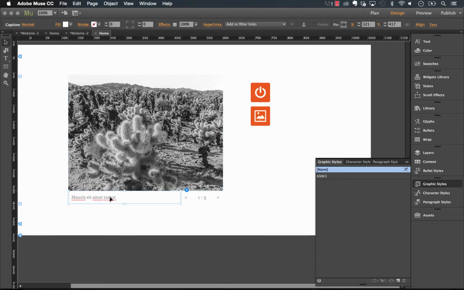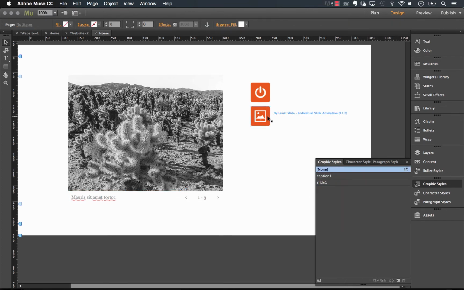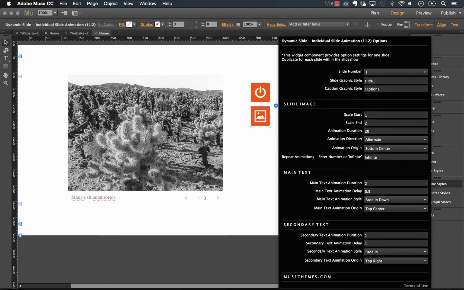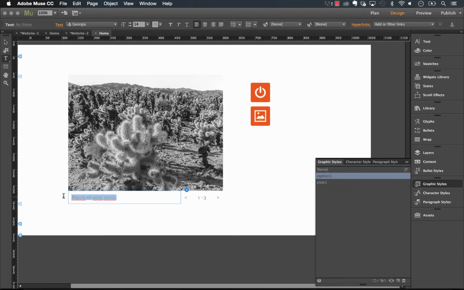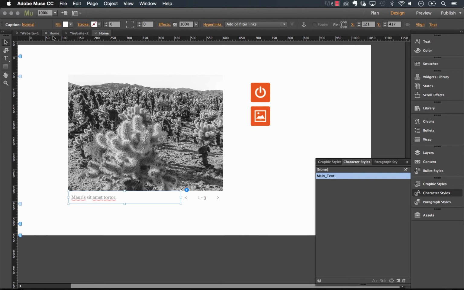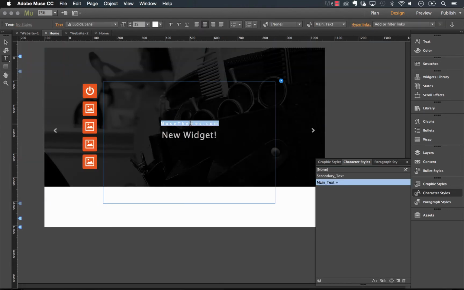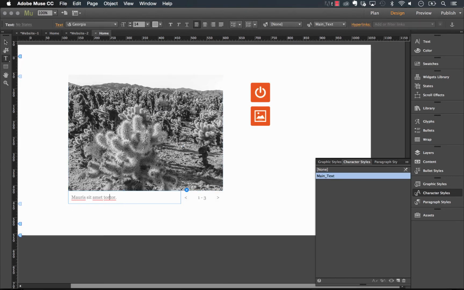And if we've got a caption for it, let's select the caption. Let's give that caption a style of caption 1, just like that. And now our slide settings match up here. Slide 1, caption 1, perfect. Now if we wanted to animate the actual text within this in a couple different styles, we'd highlight this text, we'd create a character style for it, and we need to make sure, remember, to name this exactly as it appears in our previous demo. So I've got main_text, like that. Let's make sure that matches up exactly. And it does. You can see here this is the main text style. Okay, so now that we've got that set up, we've actually completed animating the first slide in our slideshow.